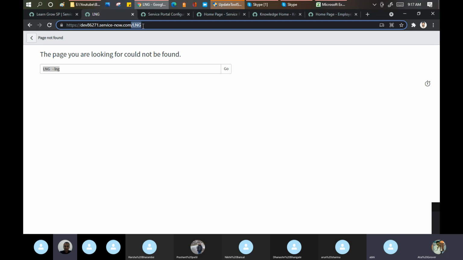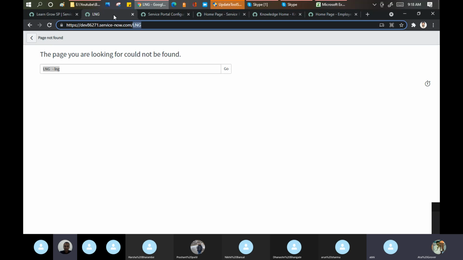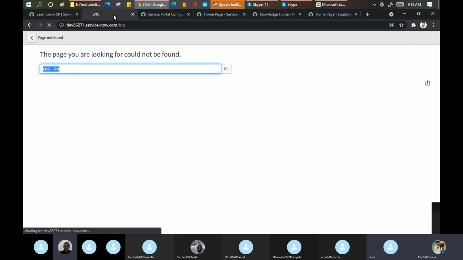You are putting the wrong key in the wrong lock. It will not open. If you put the right key in the right lock, it will definitely open for you. So same fundamental here. I need to be very clear on that part. These words should be used similar to how you are putting them in the URL suffix. LNG. Now if I put LNG, it opens for me.